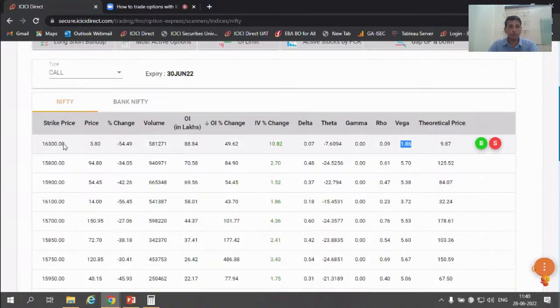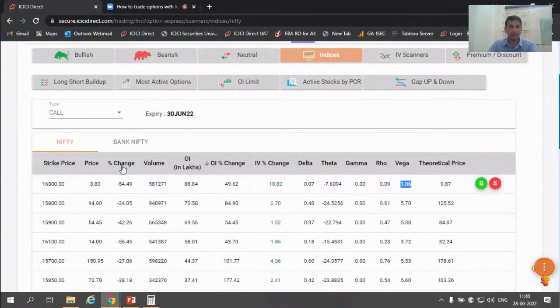So the price of this particular strike will drop by 1.8 rupees if the implied volatility drops by 1%. If it increases, the Vega is about 1.8, so the premium will increase by 1.8 rupees if the implied volatility increases by 1%. So that's how you read this